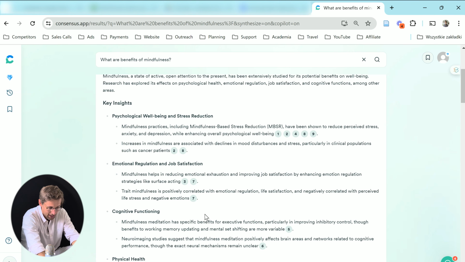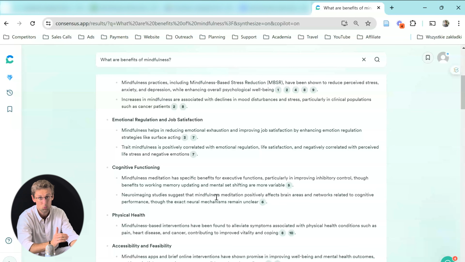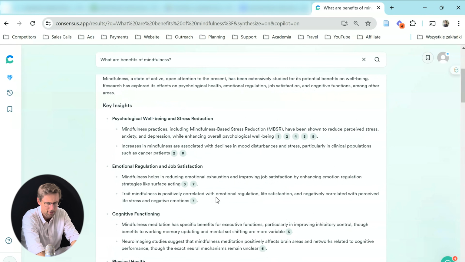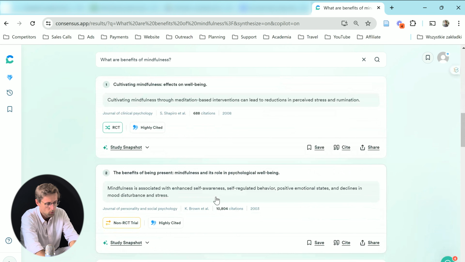Well, at a glance in here, you've got insights from the top 10 papers divided into bullet points and headings. It's really easy to digest. Another great feature of Consensus is the little additional information that it gives you about the